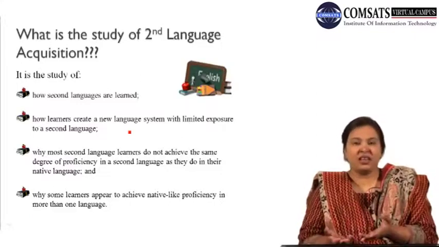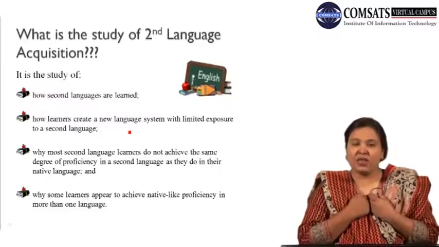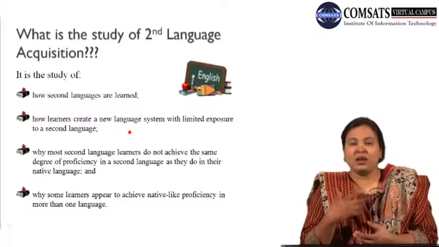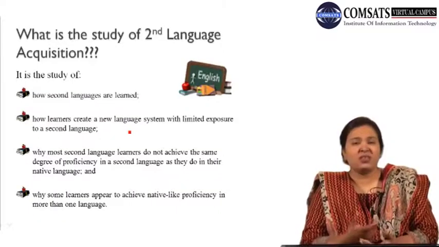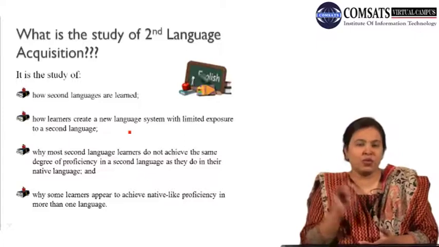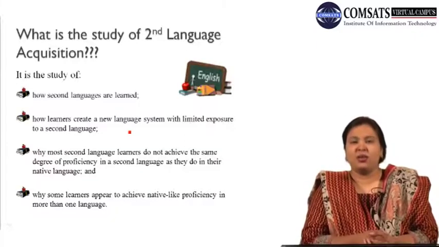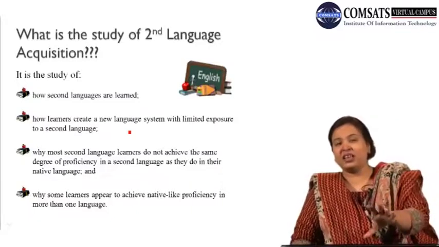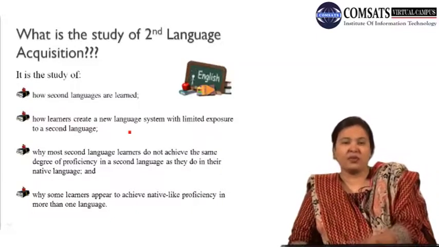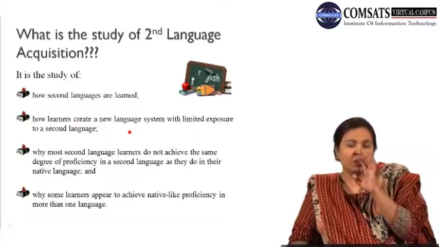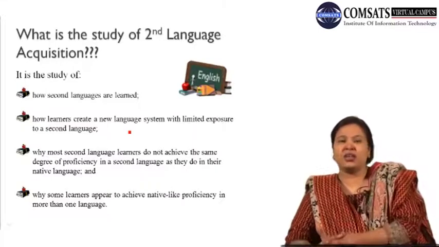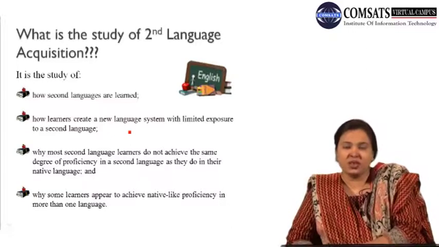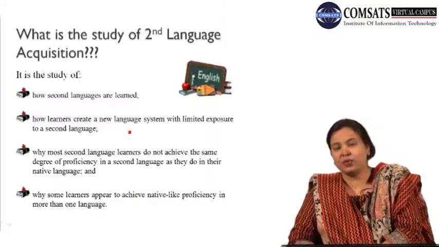So why? I mean, the children acquire the first language, and I was exposed to the second language. I tried my best, the teachers tried their best, and I was given exposure to the second language. But still, why was I unable to get that much proficiency? Why the learners? After getting 16 years of education, after spending several hours in language learning institutes, still the students are not that proficient.